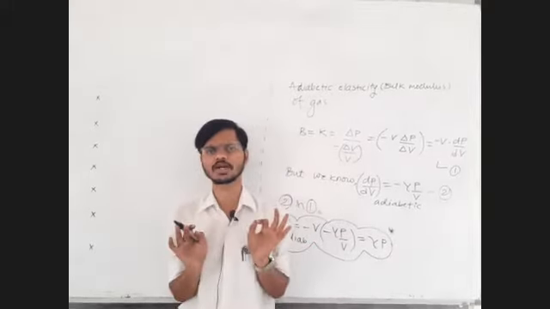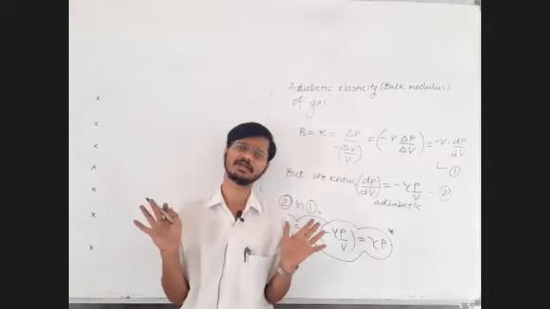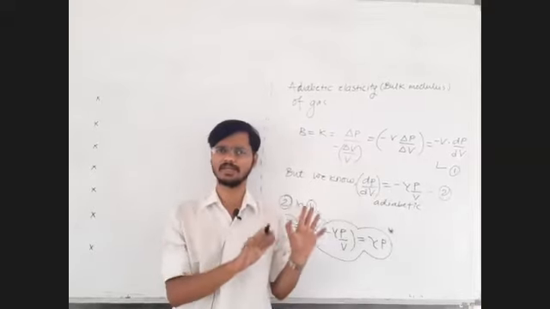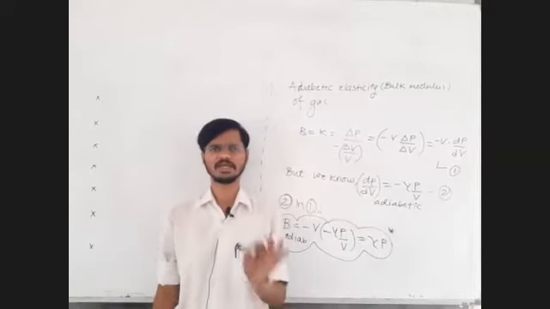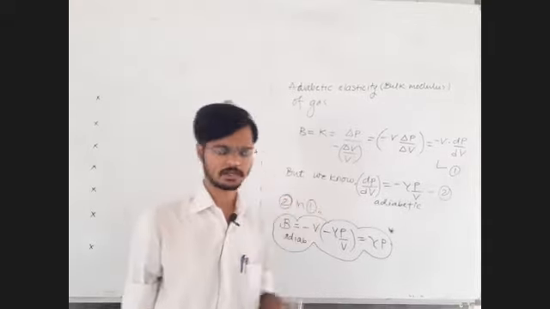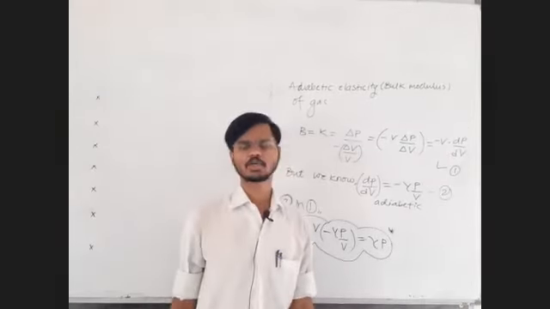What is the general formula of work done for any process? It is integration P dV. Even for adiabatic, isothermal, any general process, integral P dV is the formula for work done. If dV is 0, the matter ends. Isovolumic process work done is 0. Next is the isothermal process.